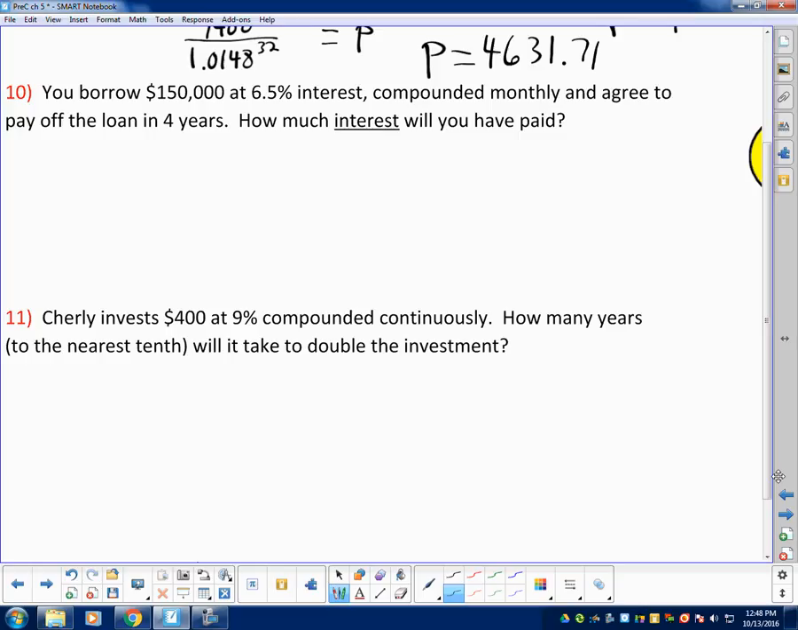But 40, yes. So if you borrowed $150,000, this is a great lesson in a financial analysis course. You borrow 150 grand, and you'd probably have some money on hand for the down payment to buy a house. 150,000 probably wouldn't be enough. But at 6.5% interest, compounded monthly, which is what they do, and you agree to pay off the loan even just in 4 years,